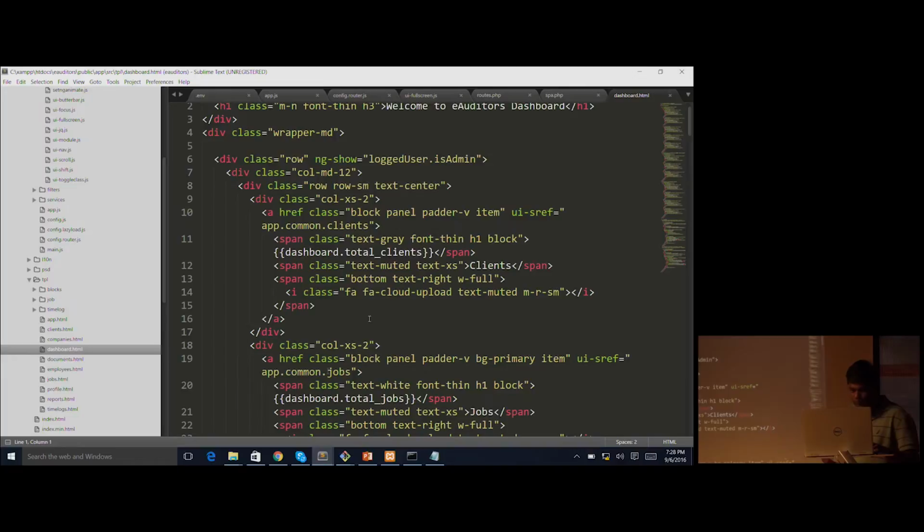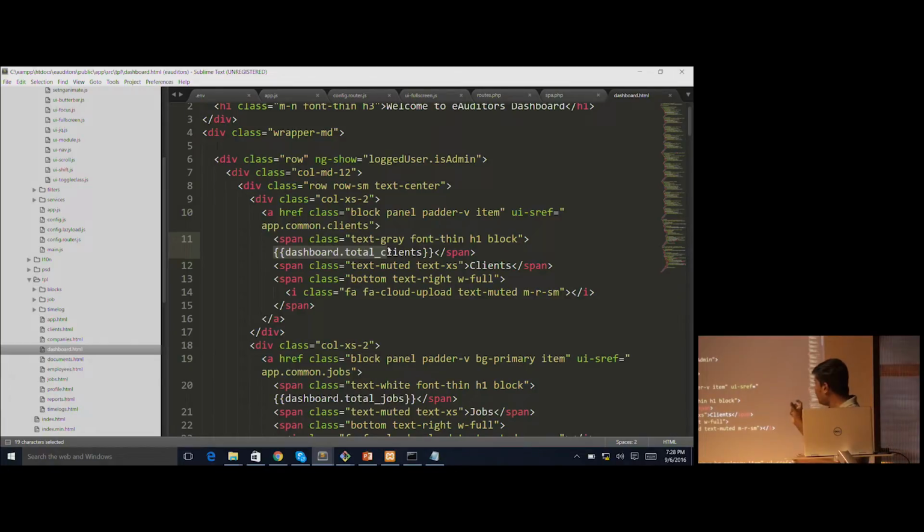Sure. So this is all you need. All I'm doing here is getting the data and then inserting it into double curly braces. This is called string interpolation in AngularJS. What is happening here is,